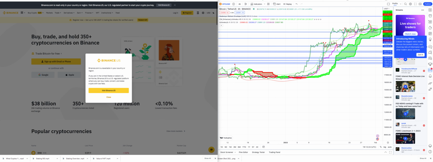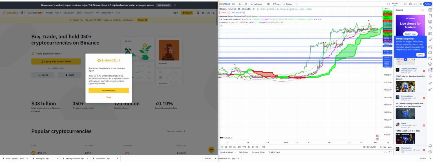Now, before we get into all the VPNs and stuff like that, I want to talk about Binance really quick, okay? If you're looking to use Binance, not Binance.us, there is a way that you can get on there if you create an account. The issue is this. Once you create your account for Binance, you have to make sure that you're connected to a VPN. If you mess that step up, it's going to show that your IP address is in the United States, and then you will not be able to access that Binance account.